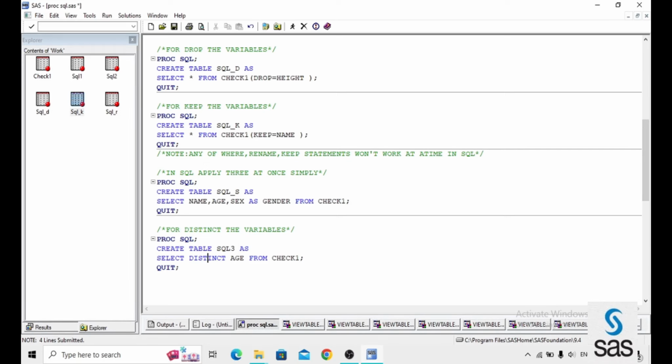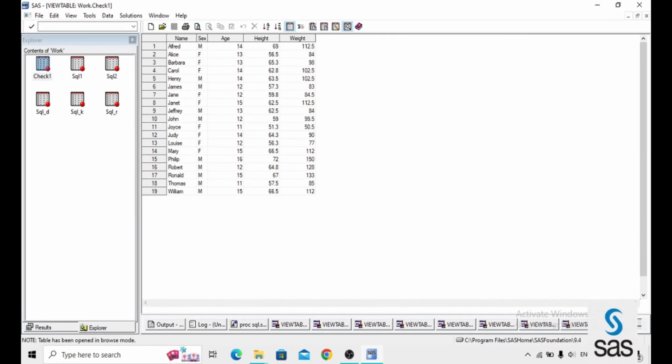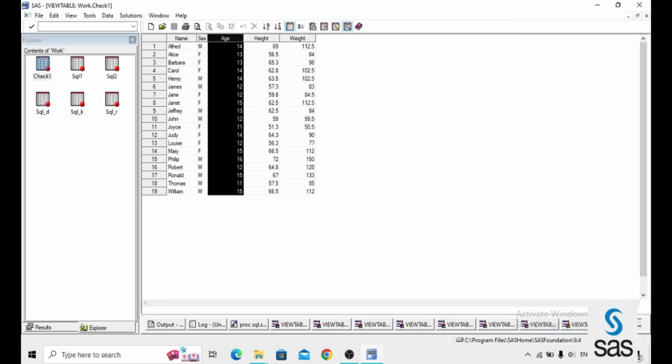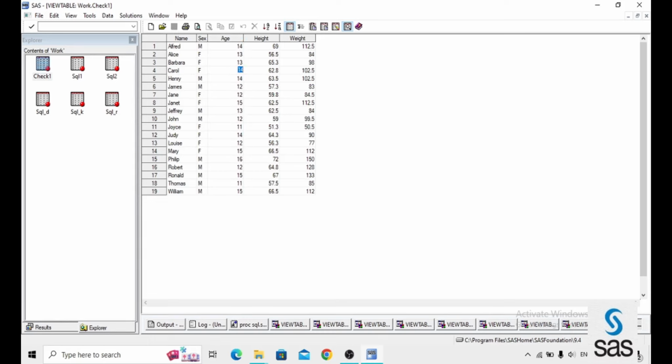Before that we are opening check one. On the age variable we are applying distinct. It gives a single type of observation. Here 14 is there 4 times, but only one single 14, and a 13. 13 is there 3 times, and 11 is there some random number of times.